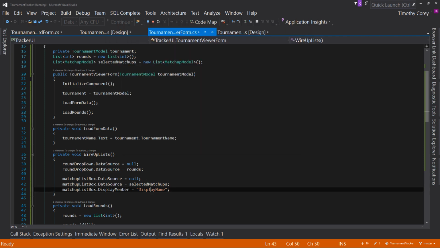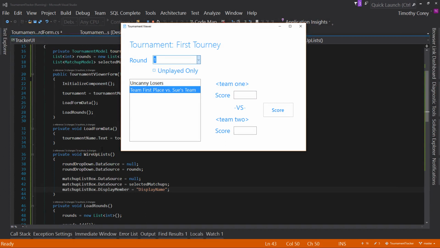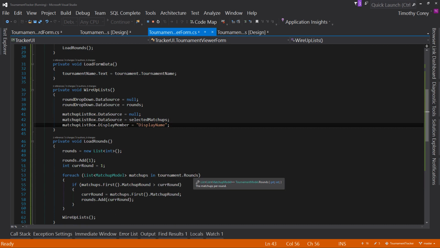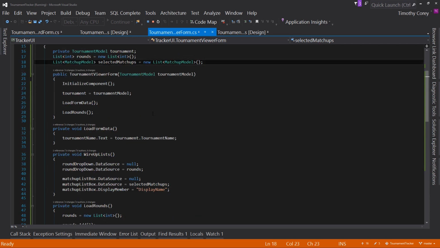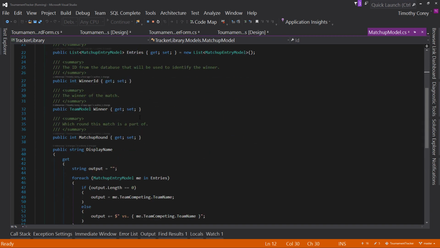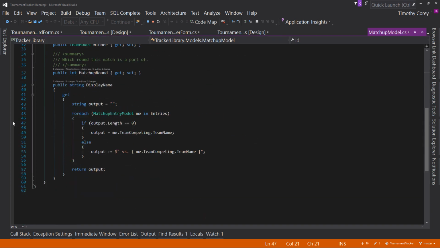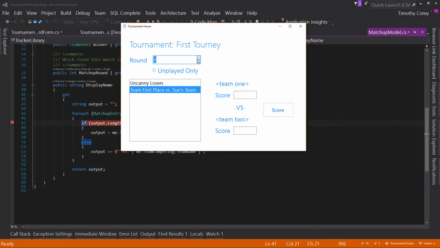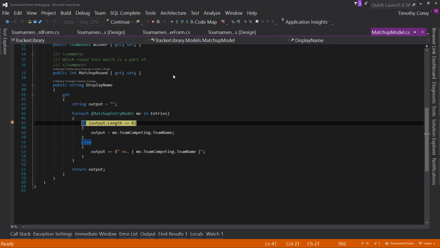I think I have an idea of what that is, because when we select round number 2, what it's going to say is, oh, wait, I don't have any team names. So what do? And it's going to throw an error. So that's my guess. Let's go over to our matchup model and actually put a breakpoint at the very beginning here, and then try to change our round to round number 2. Excellent, we get there. And it says there's one entry,